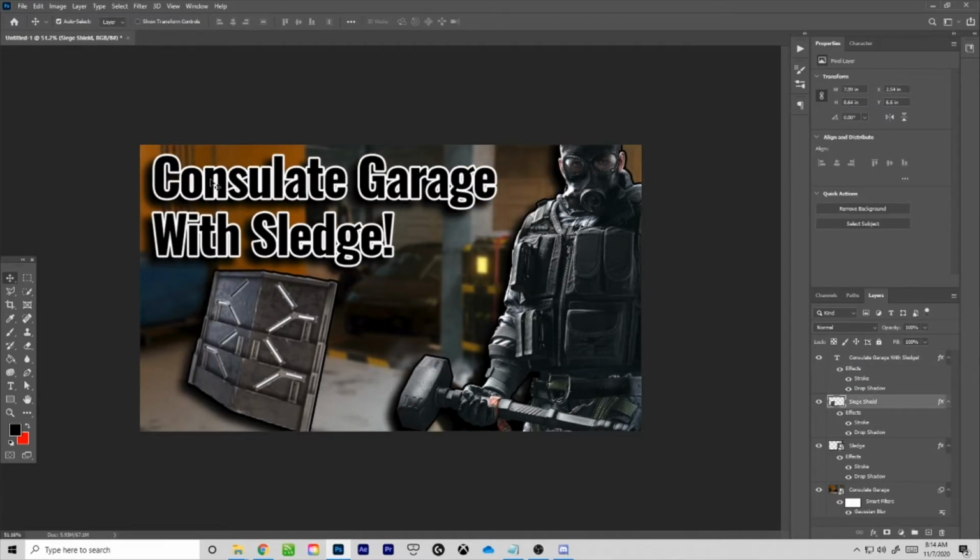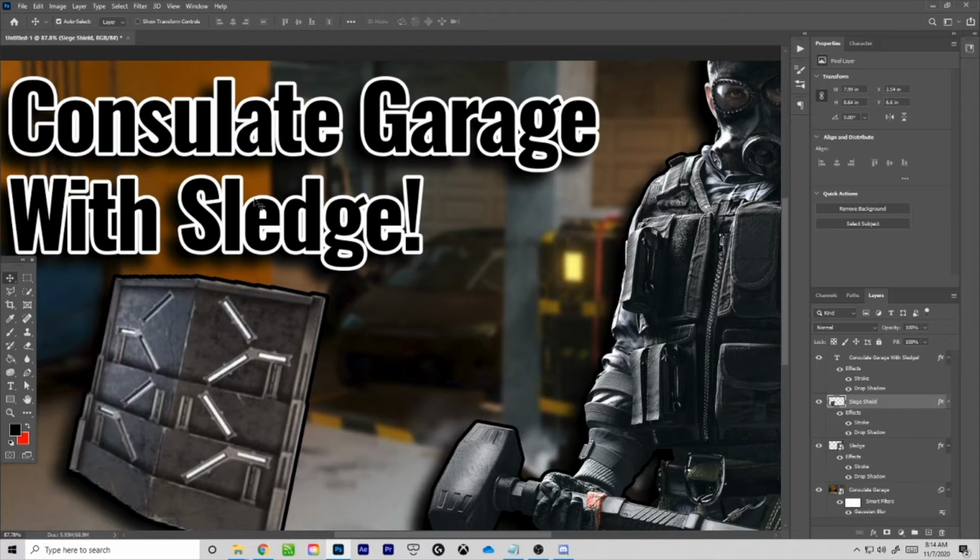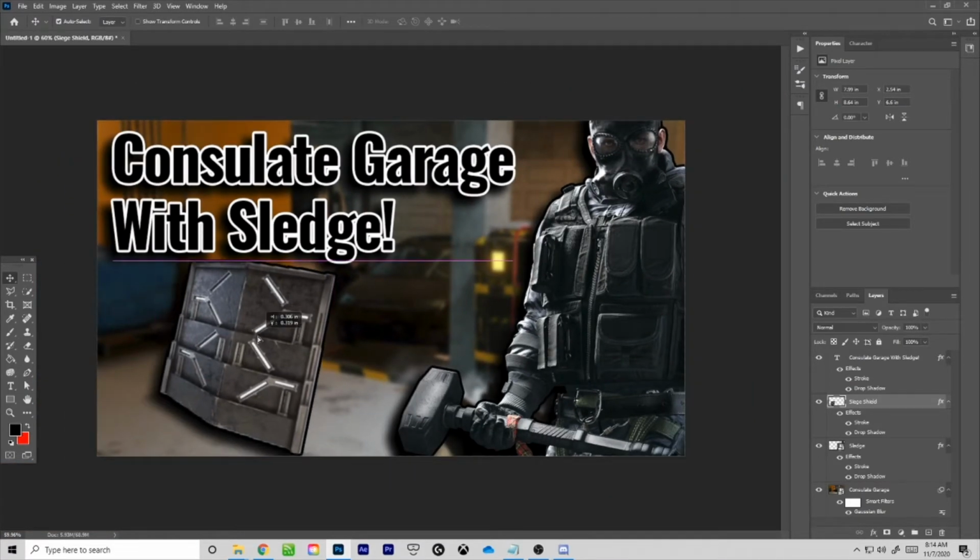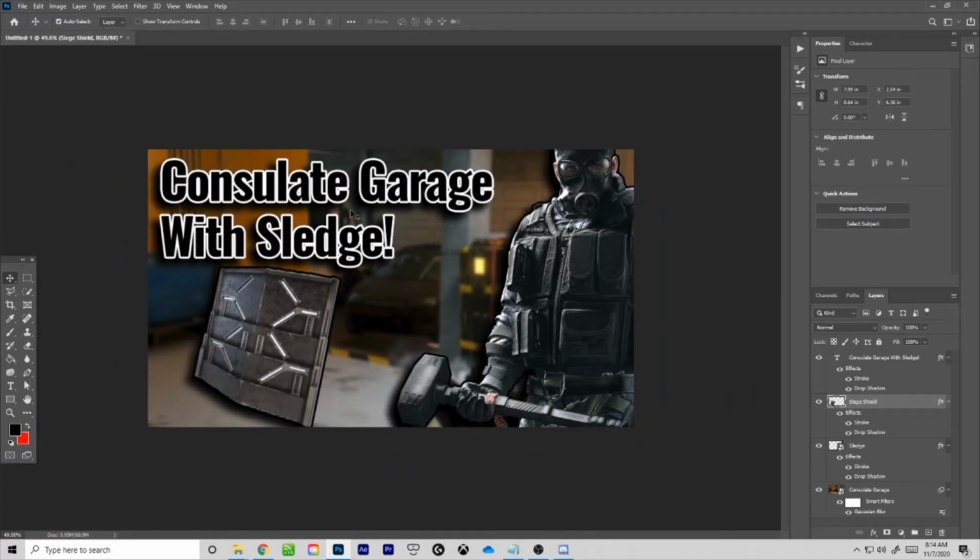Perfect. So now, instead of saying how to use sledge to break shields, right? That's for in general tutorial. We now have sledge, consulate, garage. Now, we have the shield sitting here. And if you notice, the color palette's starting to look a lot similar. There's a lot of darkness. We'll fix that. We're going to take this shield, and we're going to use one of my favorite tools, the